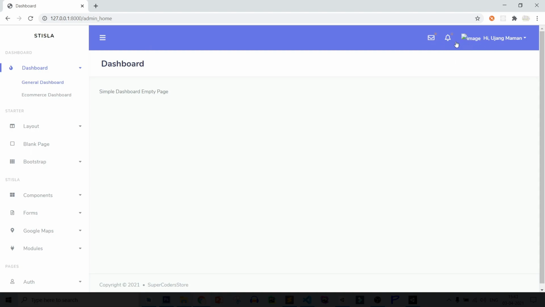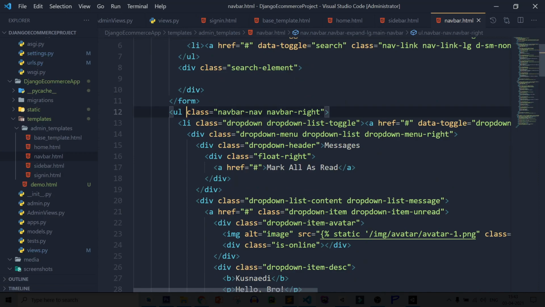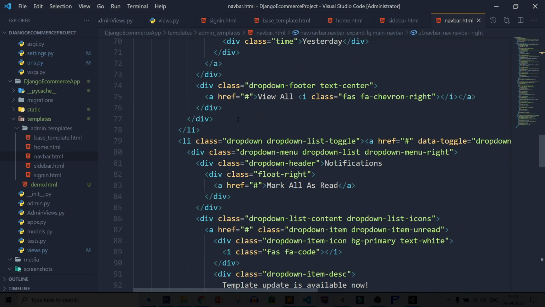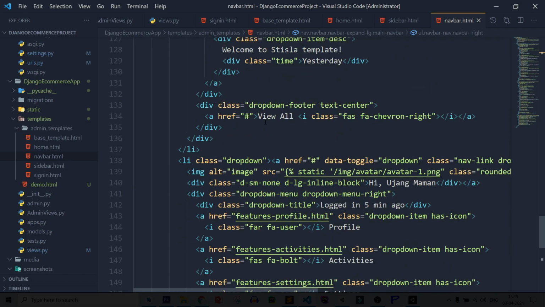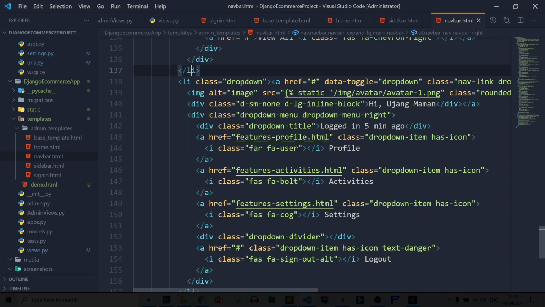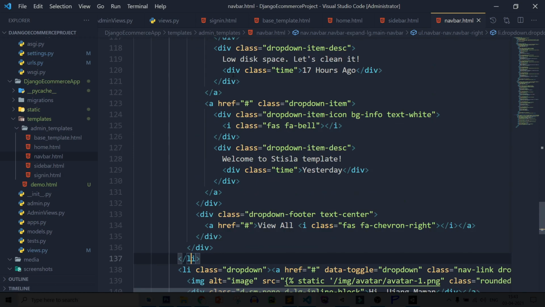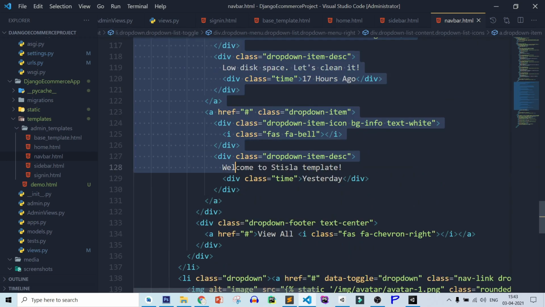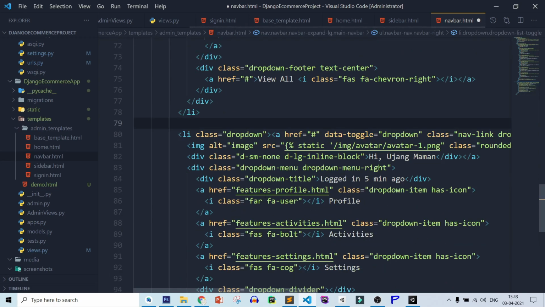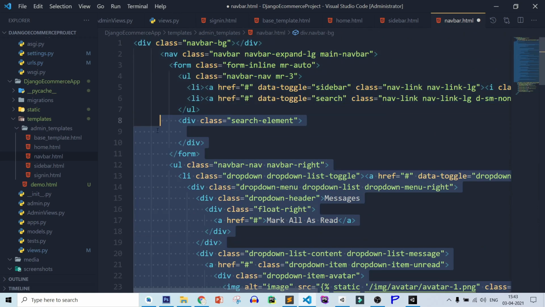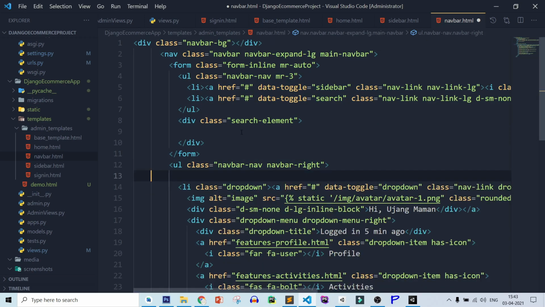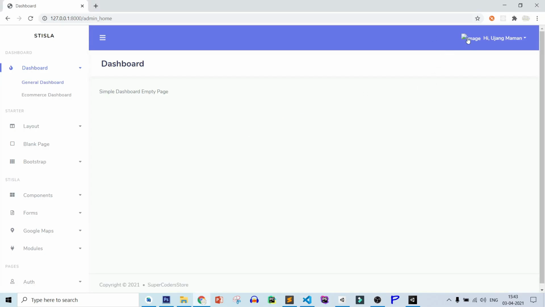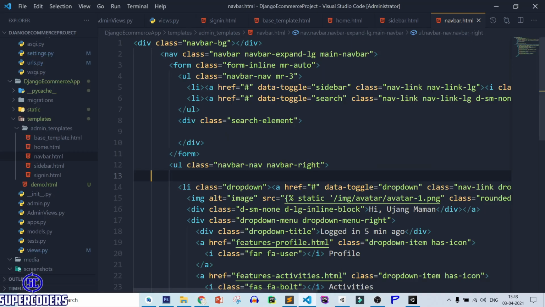After that, you need to show your username here, and also there is message option. So let's remove this message. Let's remove it. Notification, remove it. Next is message, also remove this message. Save it, refresh page. You can see there is only image and username, and here is some option for setting profile, which is perfect. Let's add some image.